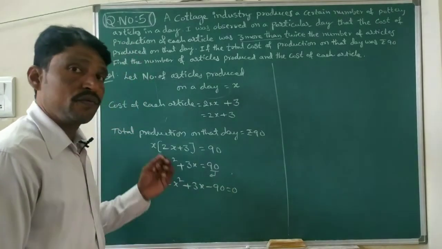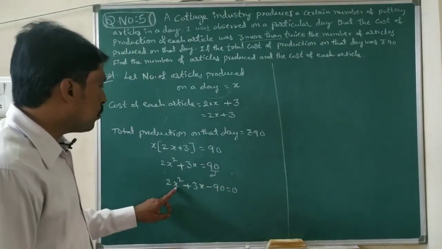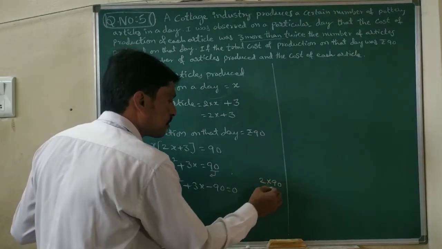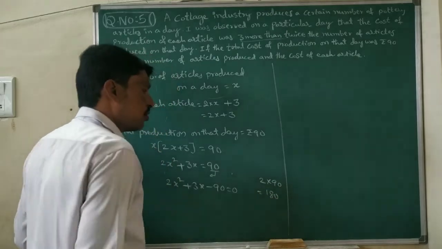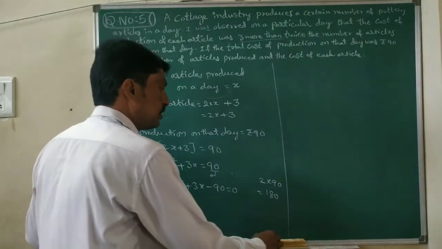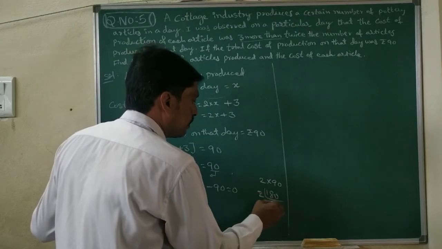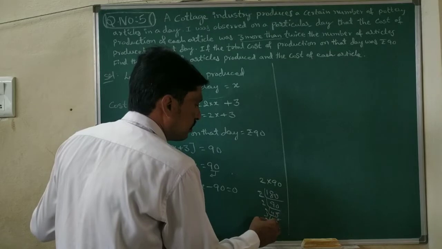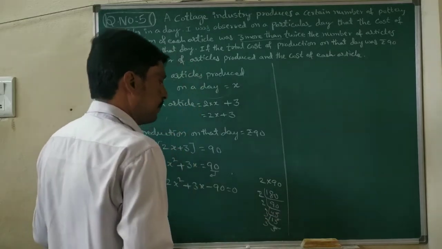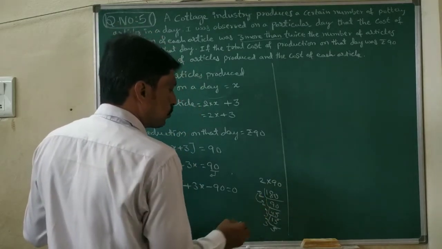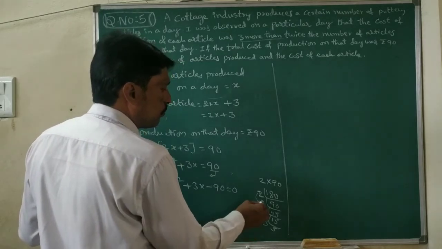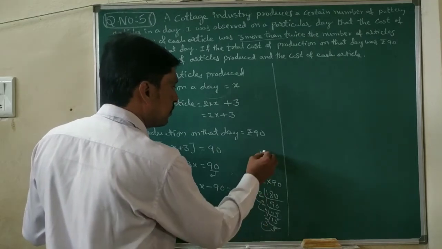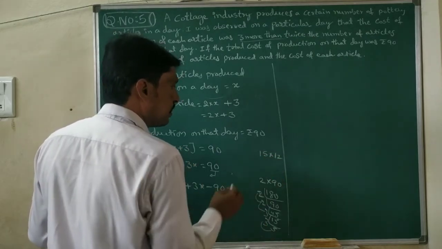So I am using the factorization method. The coefficient of the x square term is 2 and the constant term is 90. Without sign, I am taking the product, that is 180. So how do we write 180? 2 90s are 180, 2 45s are 90, 3 15s are 45, 3 5s are 15. Means we can write 2 2s are 4, 4 3s are 12, and 3 5s are 15. So 15 into 12 gives 180.